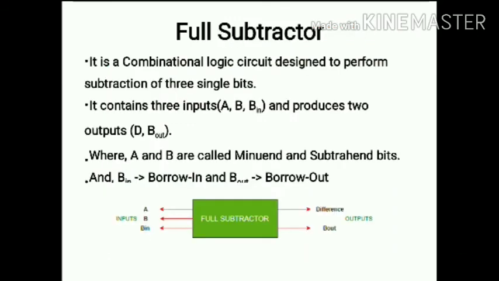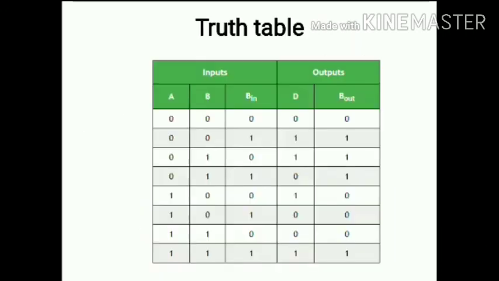Next we will see the full subtractor. The full subtractor is a combinational logic circuit designed to perform subtraction of 3 single bits. It contains 3 inputs and produces two outputs. See the block diagram. The inputs are A, B, B in, that is borrow in, and the outputs are difference, that is D, and borrow output, represented as B out. So this is the truth table for the